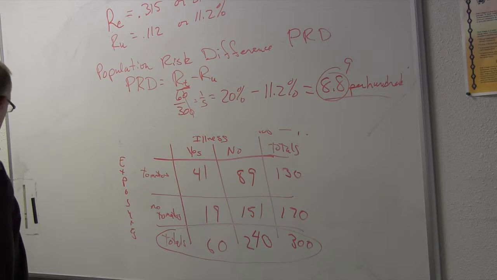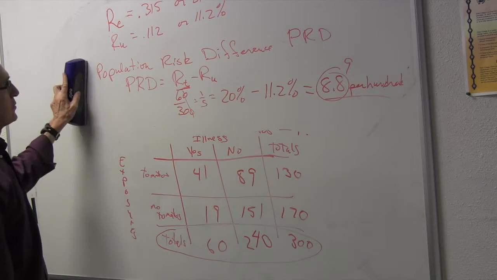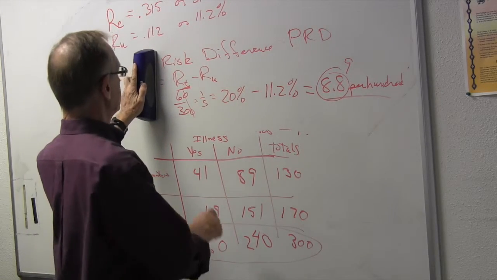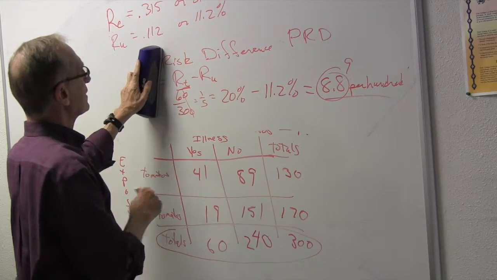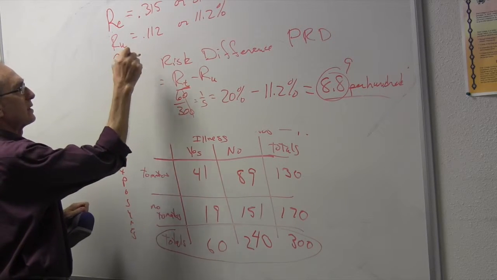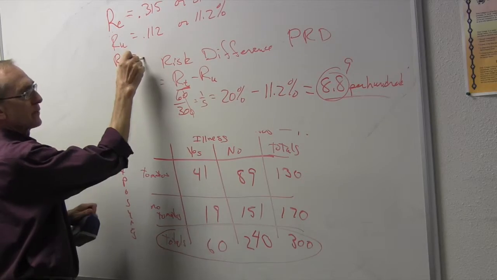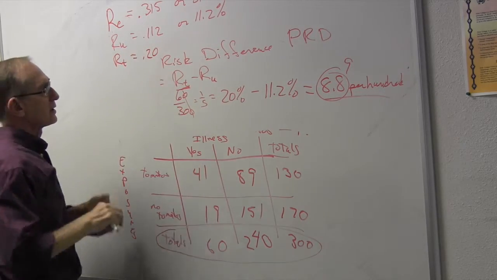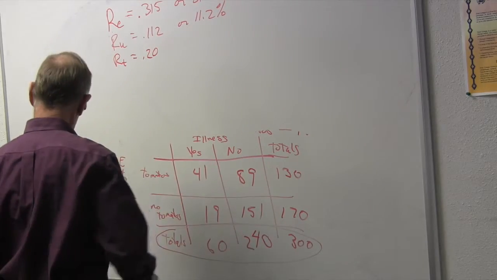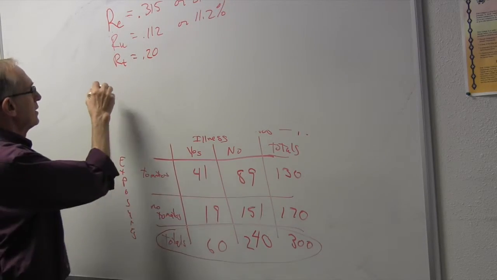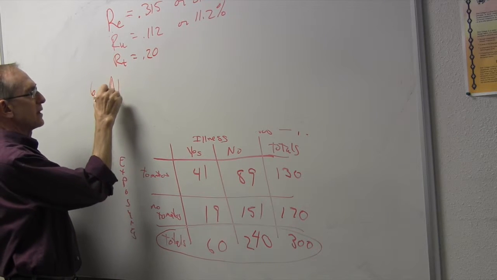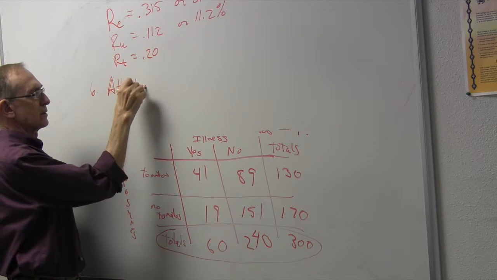5 questions. There were only 2 more, and those were the attributable risk. Let's see, we're going to need this rate in the total. Let me write it up here. Rate in the total was 0.20. All right, so question number 6 then was to calculate the attributable